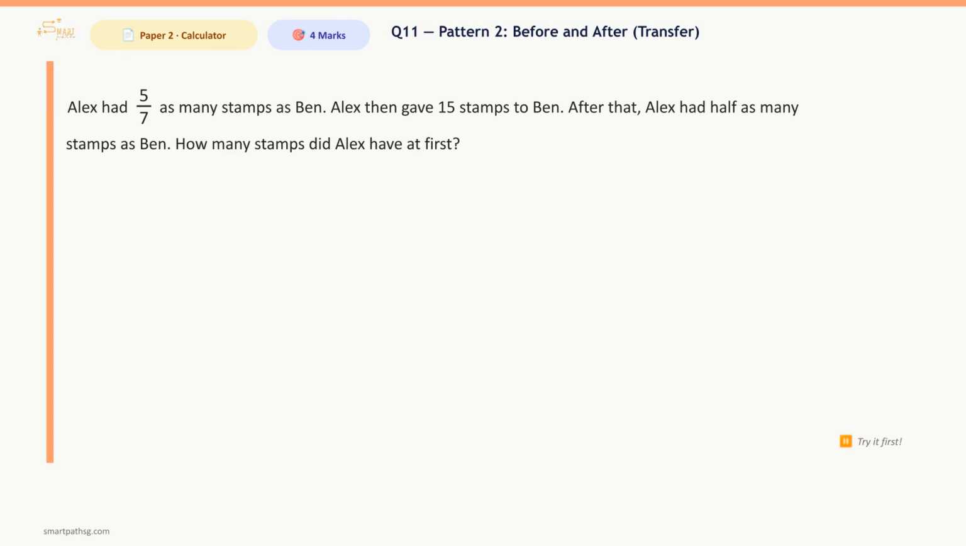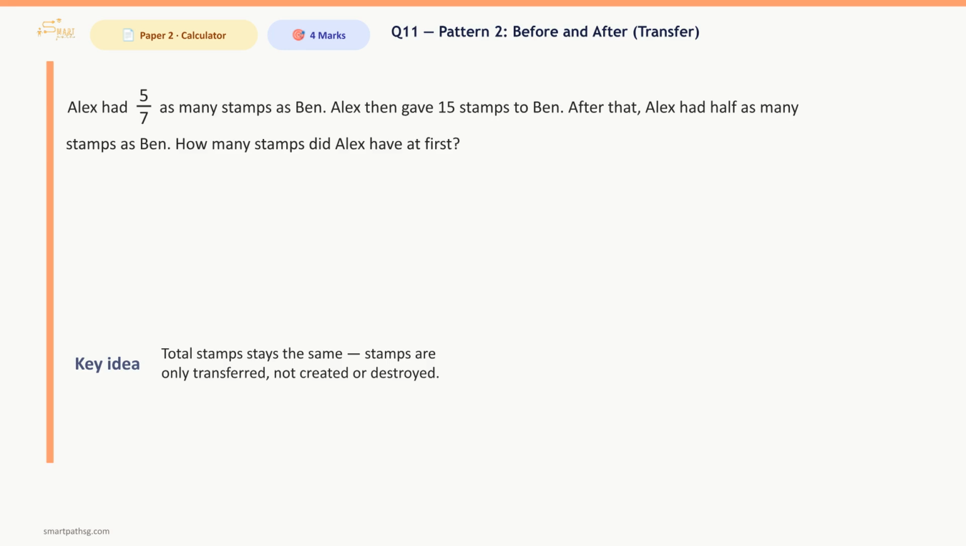Alex had 5/7 as many stamps as Ben. Alex then gave 15 stamps to Ben. After that, Alex had half as many stamps as Ben. How many stamps did Alex have at first? The key here is that stamps only moved between Alex and Ben, which means the combined total number of stamps stayed exactly the same. Since the total is constant, we should express both the before and after ratios as fractions